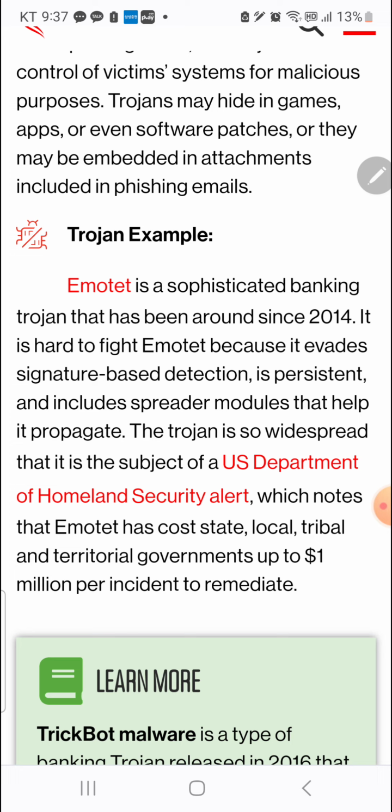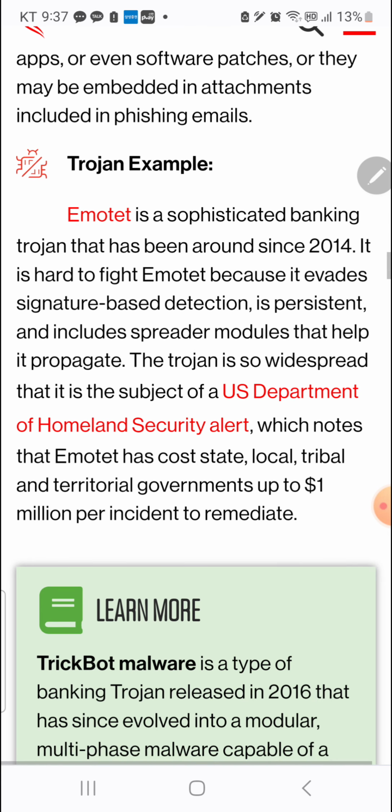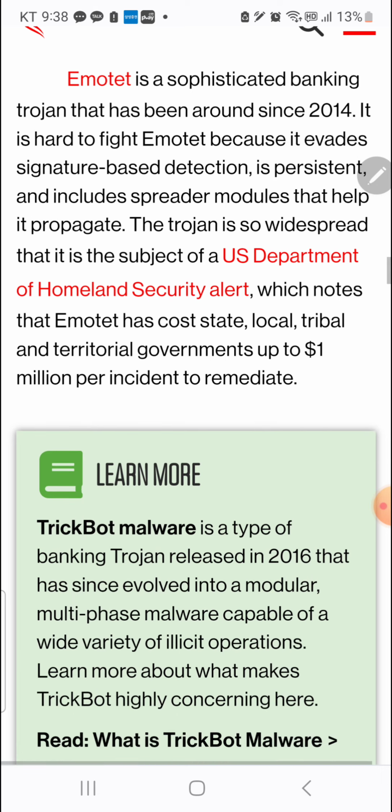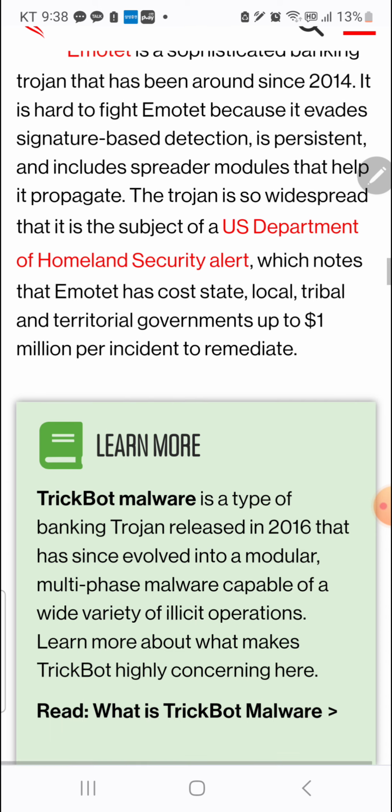The Trojan is so widespread that it is the subject of a U.S. Department of Homeland Security alert, which notes that Emotet has caused state, local, tribal, and territorial governments up to $1 million per instance to remediate.